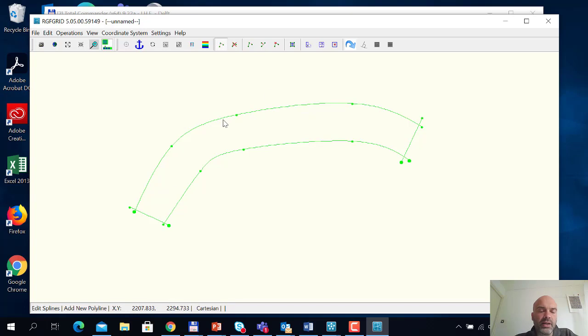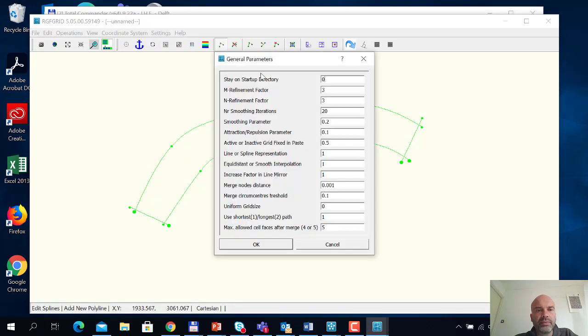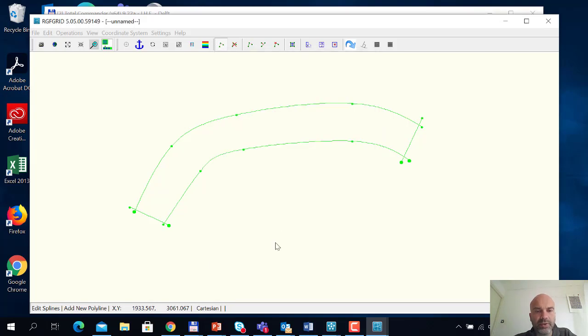And the nice thing is now that we can fill this with a grid. Under settings, general, you can define the refinement factor. So I want to have 5 grids in X direction or in M direction and 20 grids in N direction. What N and M directions are, I don't know. It's something that we have to find out. And by pressing this shortcut button,